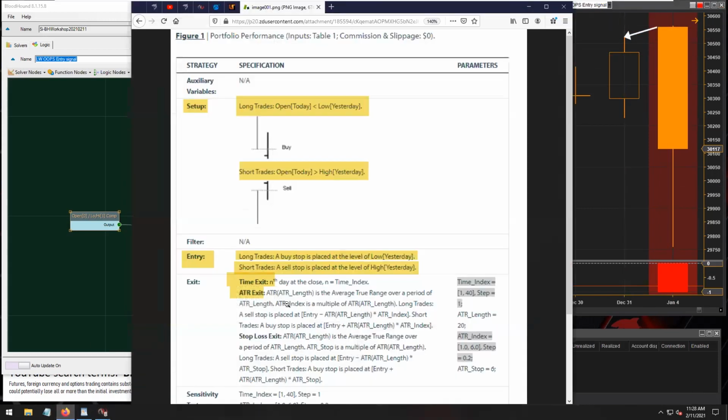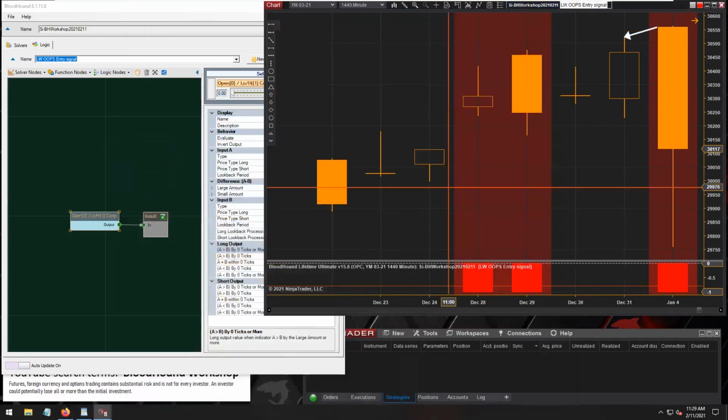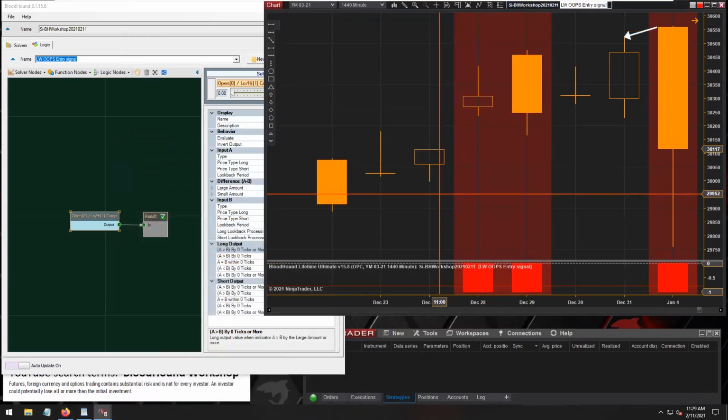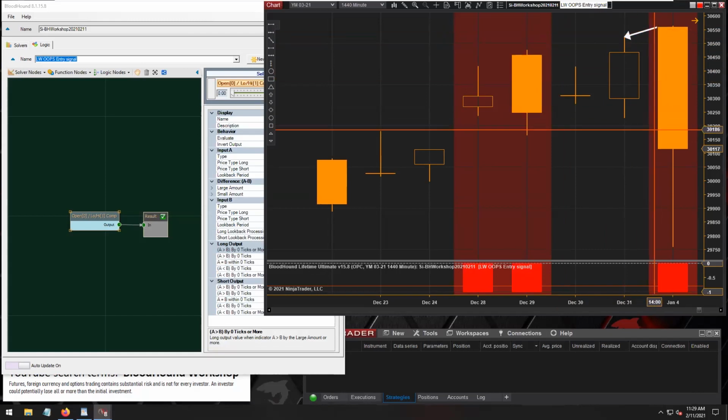One of the things that we don't see with these system rules is there is no profit target here, right? There is no profit target mentioned, and Gunther doesn't mention a profit target either. It's really just these exiting rules here. But let's just say, for the sake of discussion, that you are using a profit target within this system, so within Blackbird. Again, Bloodhound's not going to trade. Bloodhound doesn't place trades. But if you're using this with Raven and or Blackbird,